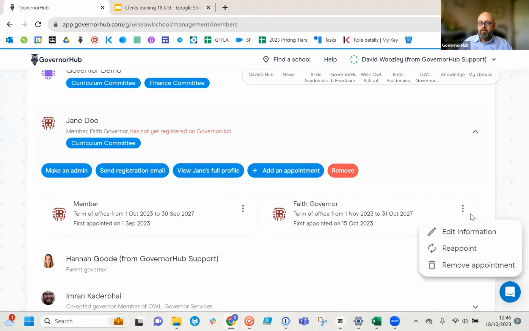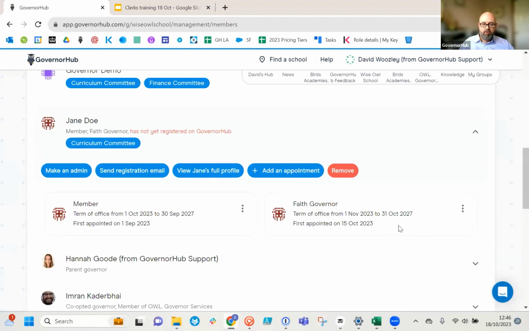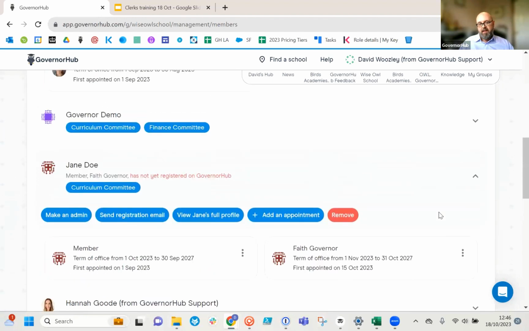From that option, you do have a couple of options there for editing that information. So making changes, making a reappointment if you come to the end of a term, or to remove that appointment entirely. And we'll just talk through that in a bit more detail. If you do need to remove an appointment from someone, it's possible to do that, but still leave them registered on the account. So I'll show you what I mean